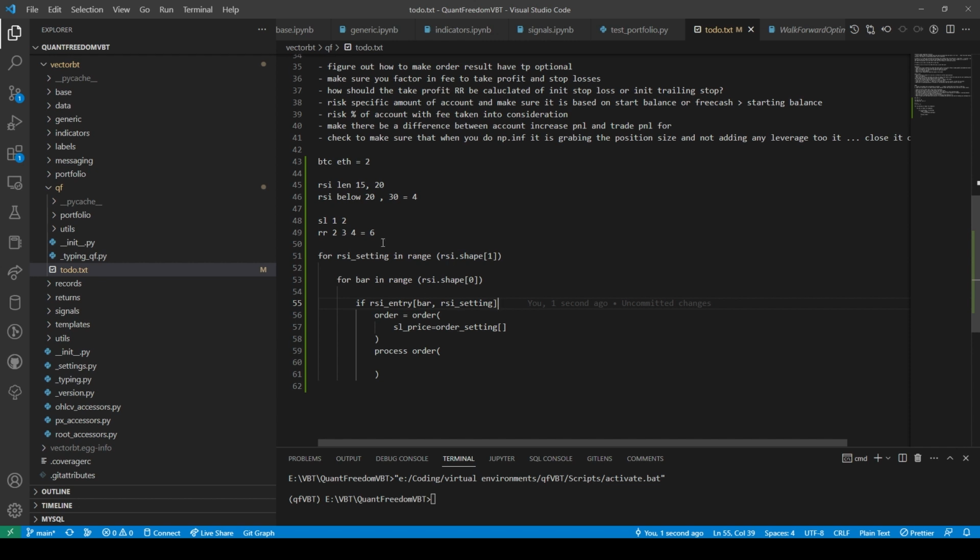So inside of this would be like a gigantic table. It would be like this. So we'd have a column of stop loss, risk to reward 1 and 2. So we would say stop loss price, stop loss percent.